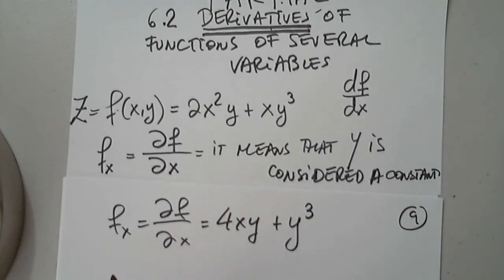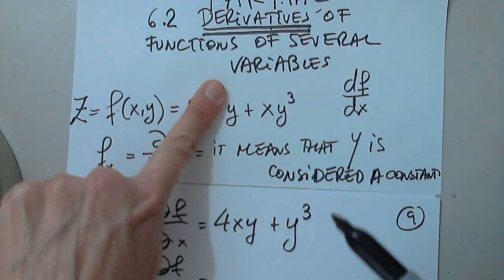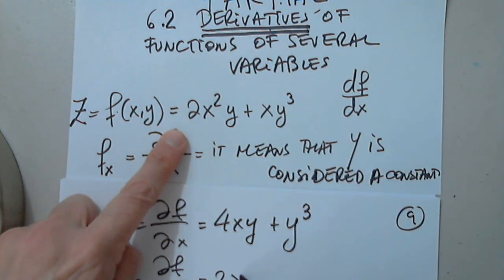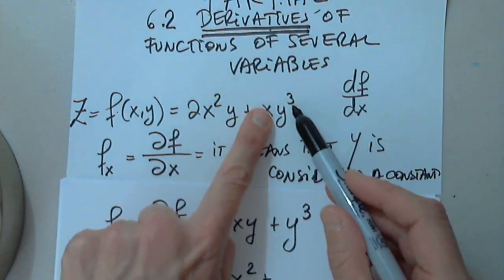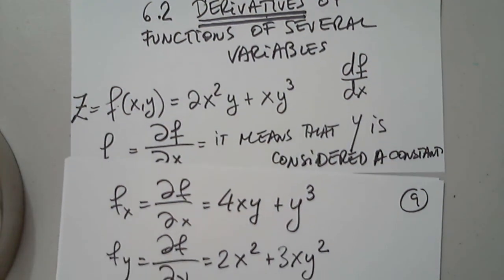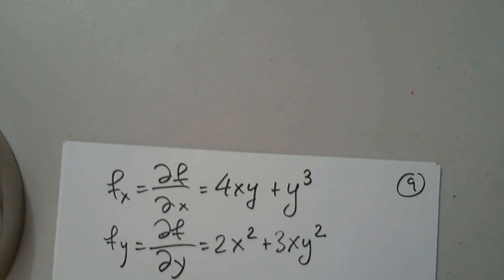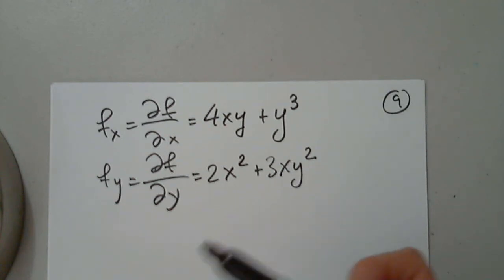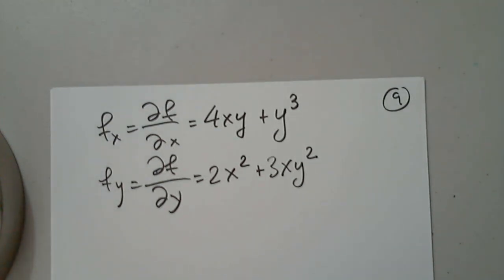Now what if, and this is the last line, I promise, fy, df over dy, which means x is fixed now. X is fixed. When I differentiate y, I get 1. So then it's 2x squared, plus, I differentiate y cubed, 3xy squared. We're going to look at the second derivatives, partial derivatives, and mixed. But that's all I wanted to say. If you'd like to, just this page, the last page, if you'd like to